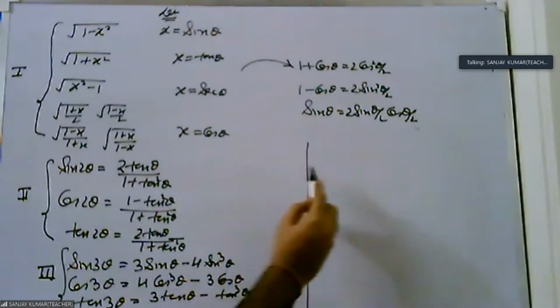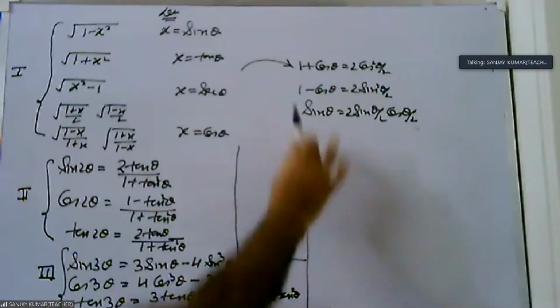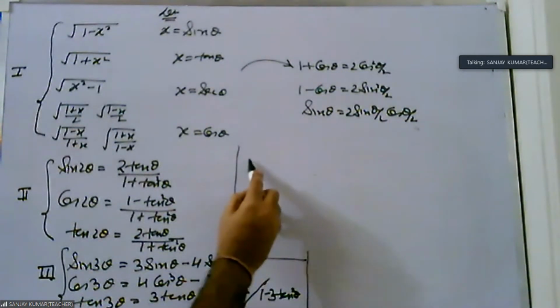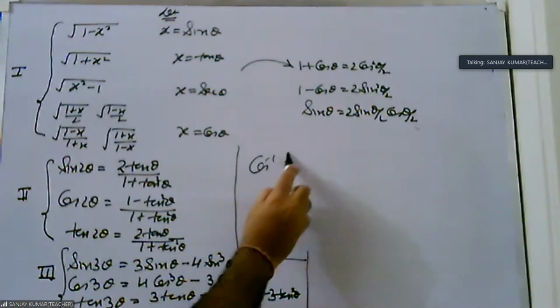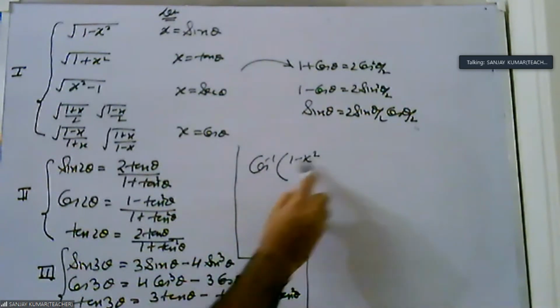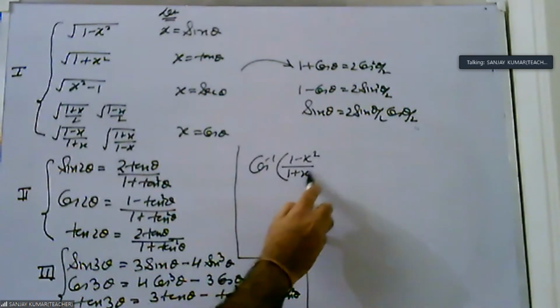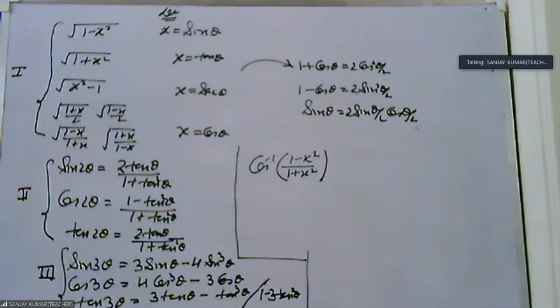So how do we start the question now? देखो, you see now on board. Please see your screen. Suppose the question is cos inverse of 1 minus x square upon 1 plus x square. And he says simplify this. Okay. They are saying simplify this. The question comes in this way: simplify this. Or he says prove left side equal to right side.